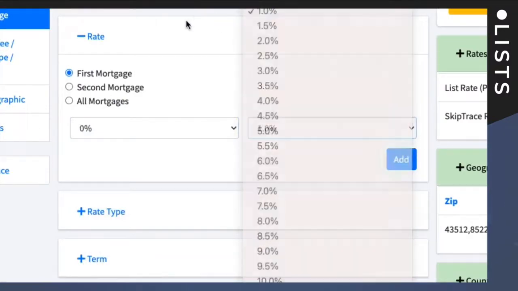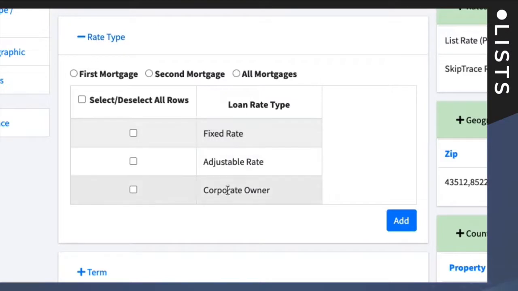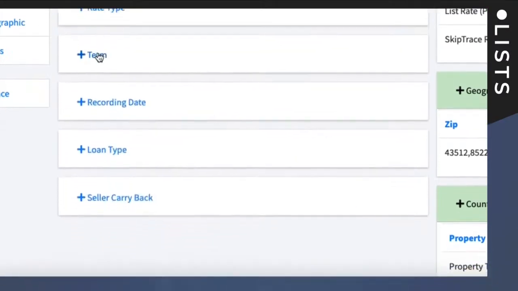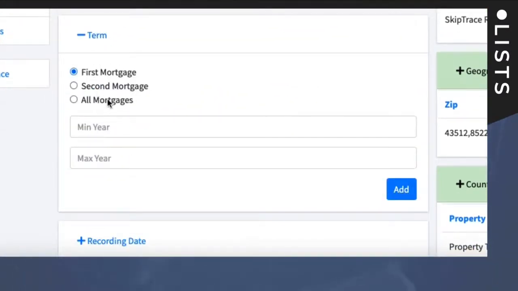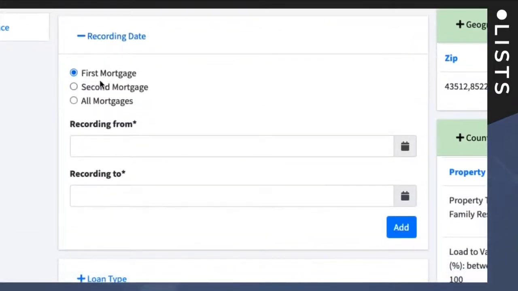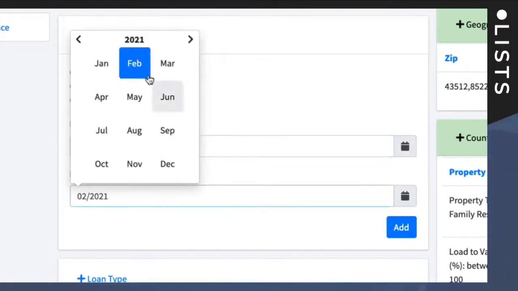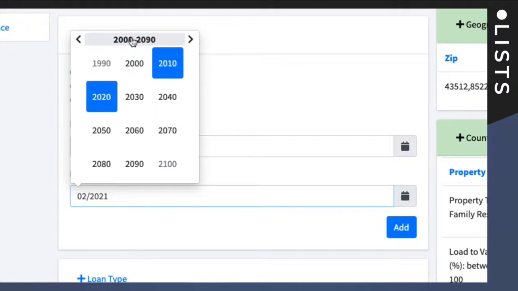I think we have 12% in here. A rate type, of course, is it fixed, adjustable, or corporate owner? Term, first mortgage, second mortgage, or all mortgages. A recording date associated with it, when it was actually recorded. And of course, you can see that February 21, and you can click on this calendar to get even further